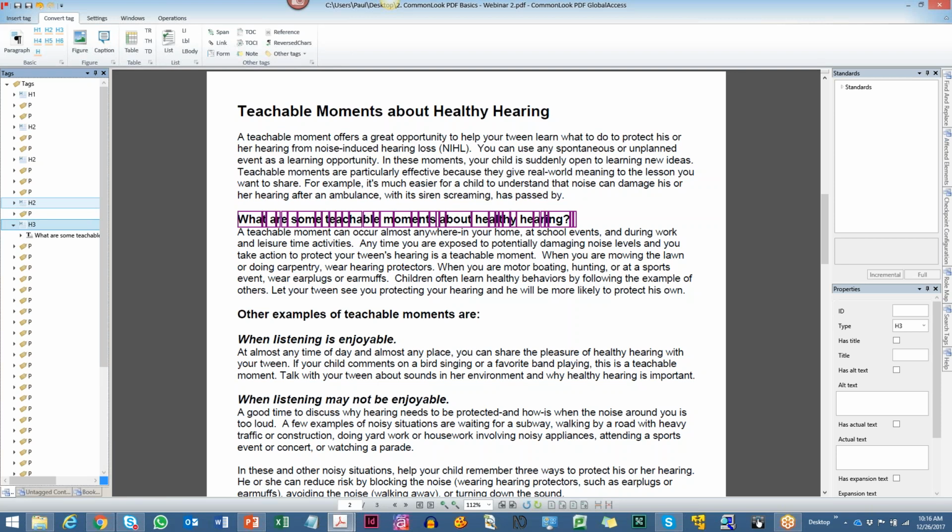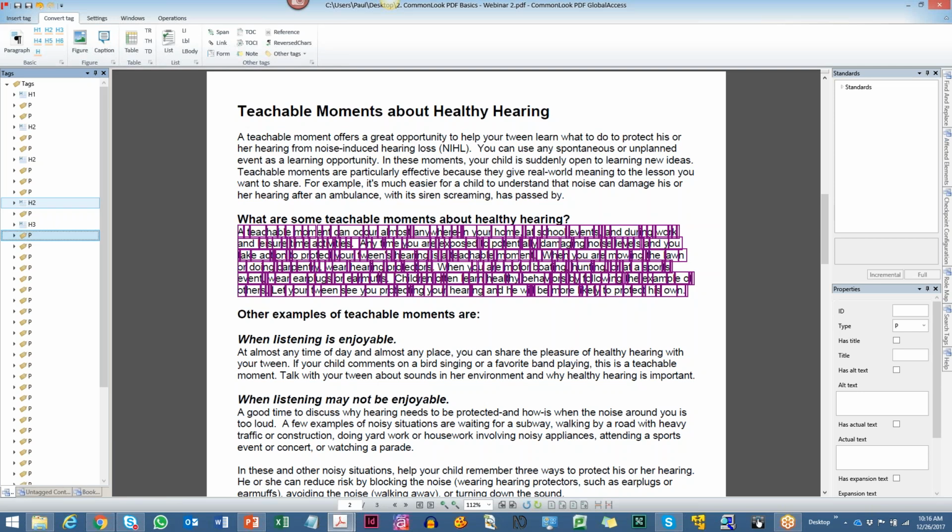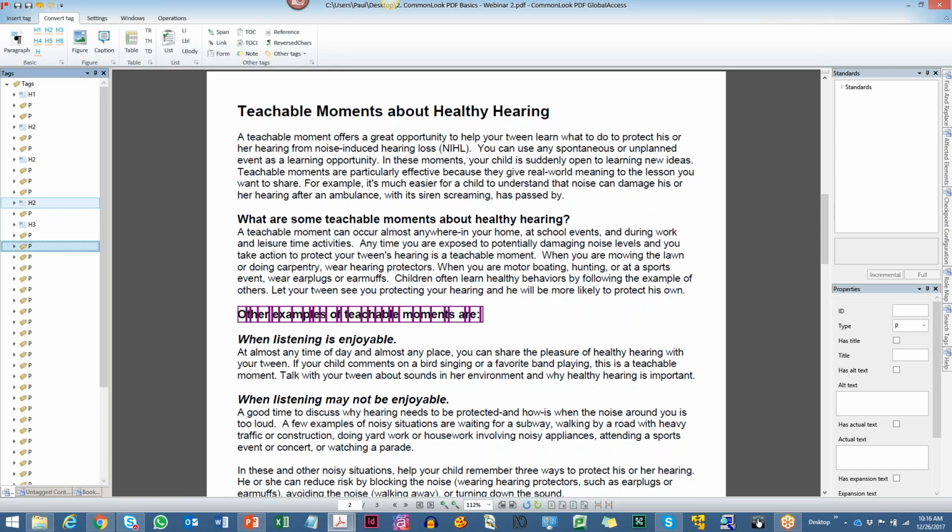If we think about heading levels like an outline, so we've got a section on teachable moments, and then what are some teachable moments? We'll get further down in the text to other examples of teachable moments. So I'll make this an H3 as well. And then when we get into the actual other examples of teachable moments, for example, when listening is enjoyable, I see that this is in a paragraph tag in the tag tree, but I'm going to put that in an